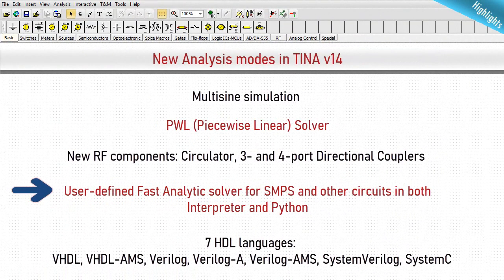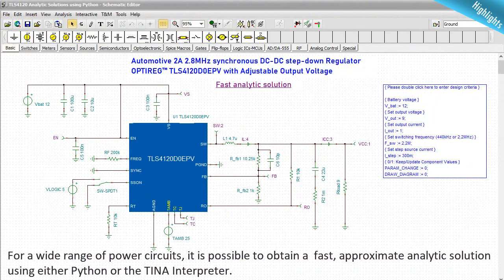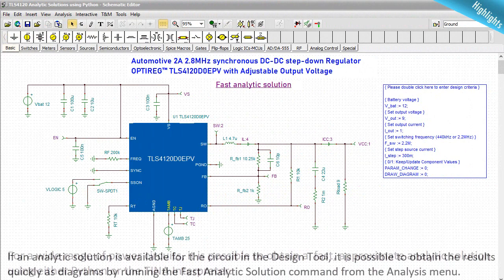User-defined Fast Analytic solver for SMPS and other circuits in both interpreter and Python. For a wide range of power circuits, it is possible to obtain a fast, approximate analytic solution using either Python or the TINA interpreter. If an analytic solution is available for the circuit in the design tool, it is possible